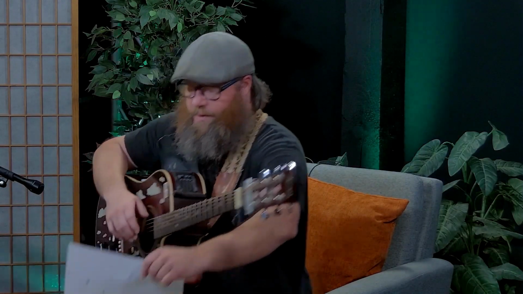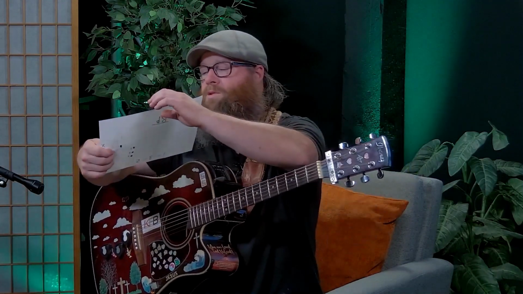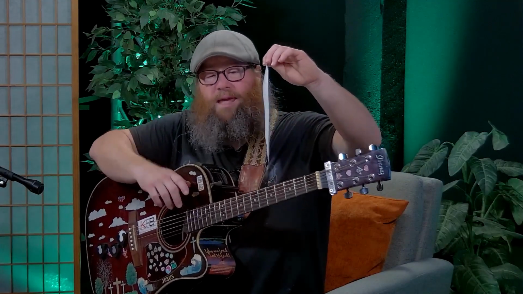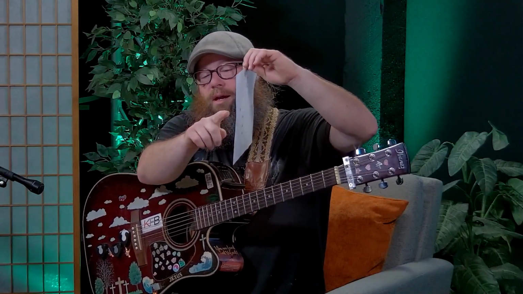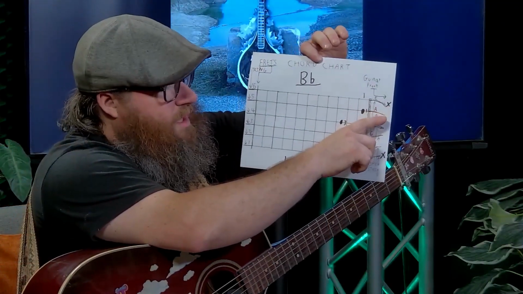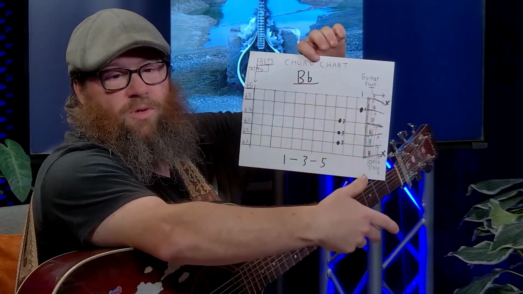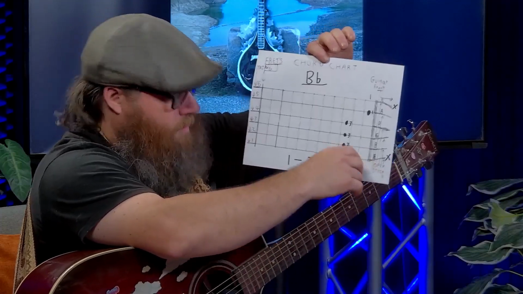All right, so I'm going to show the B flat chord here. I don't have it labeled on here, but this is actually a bar chord. What we have here is the E string. That X means it's muted. If you ever see an O on these charts, it just means that string is open. So for this particular one,